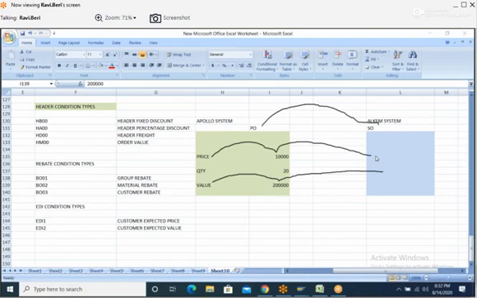So if you see here EDI 1 and here EDI 2. And in EDI 2 you'll find 2 lakhs.